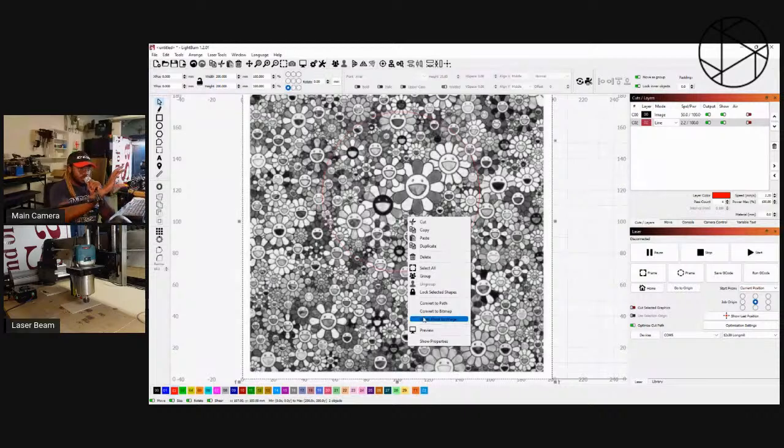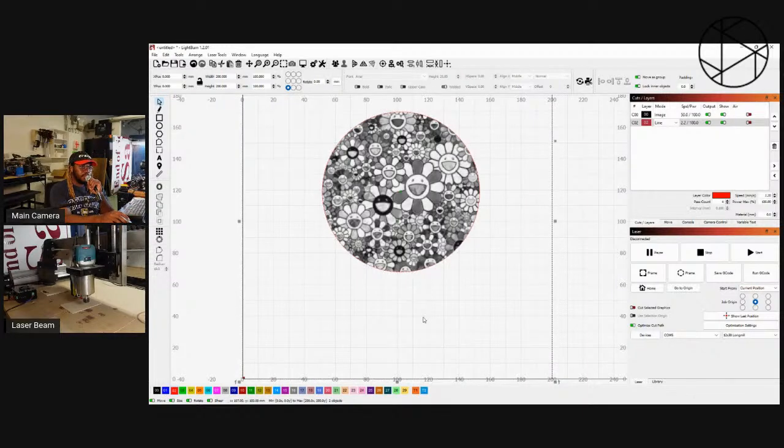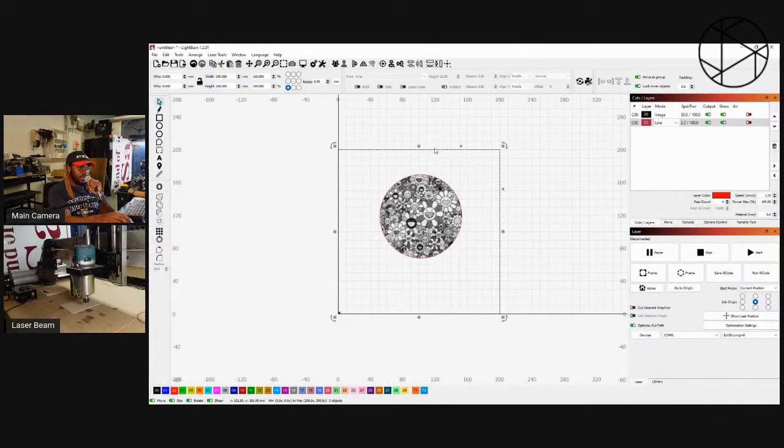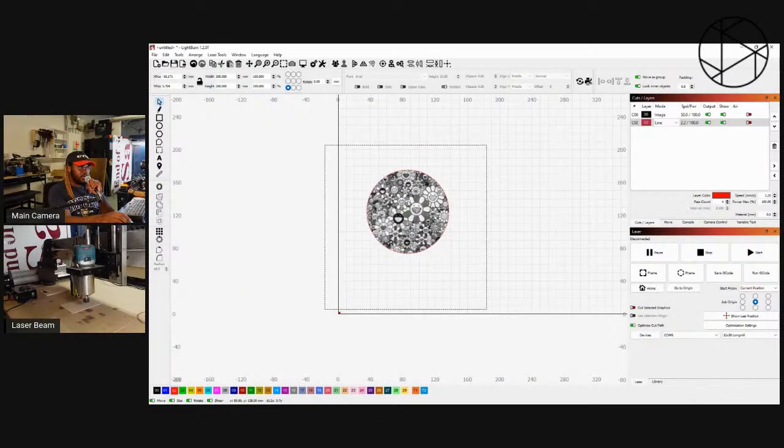Okay. So I have both the circle and the image behind the circle selected. I placed my circle over the section of the design that I wanted, and I'm going to apply mask to image. And as you can see, now my design is just in the circle, but you can still see the outline of the general design, right? So if I move,